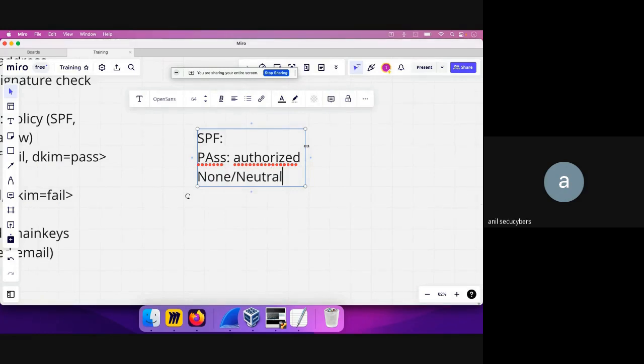What does this mean? It actually means that there is no policy listed. I will try to explain that in a much more detailed way. These are two fields, none and neutral. So if the SPF check returns none, it means that the domain owner